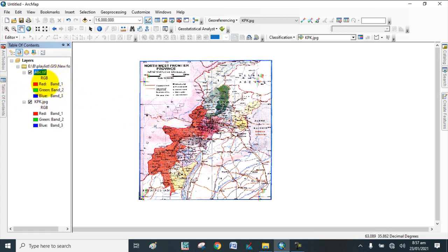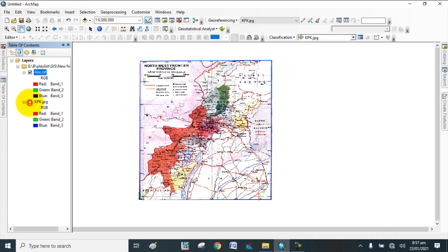In the table of contents, both the maps appear. So if I uncheck this, this is our georeferenced map, which we georeferenced and saved in TIFF format. The original image which we uploaded for georeferencing was in JPG format.